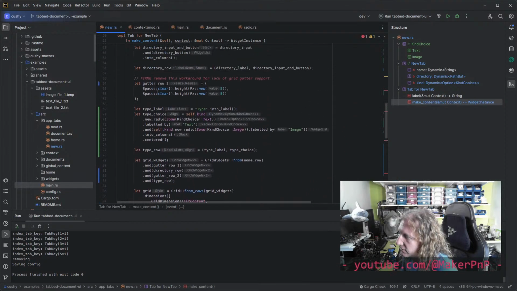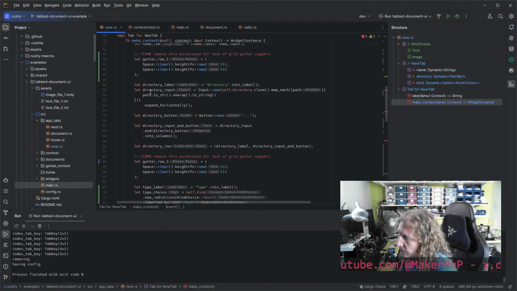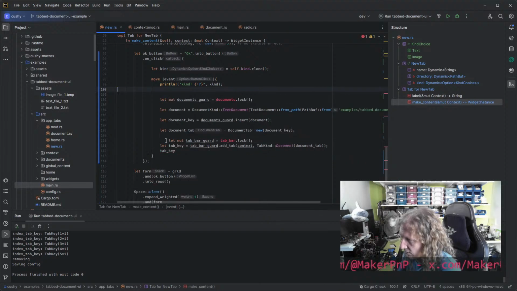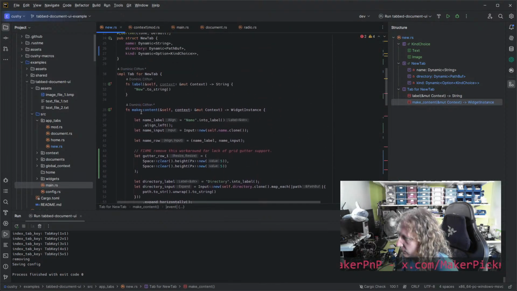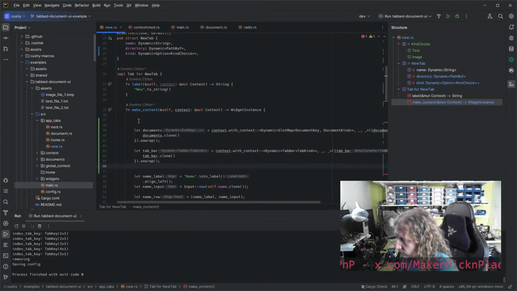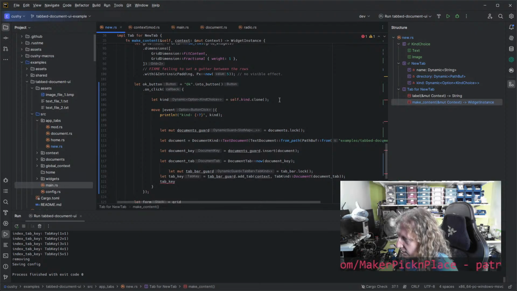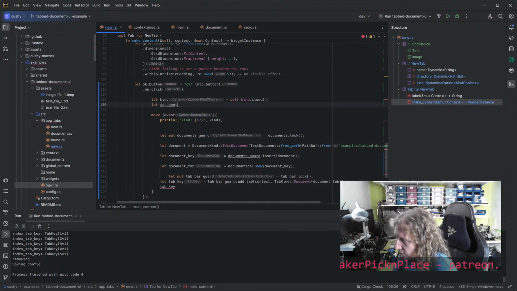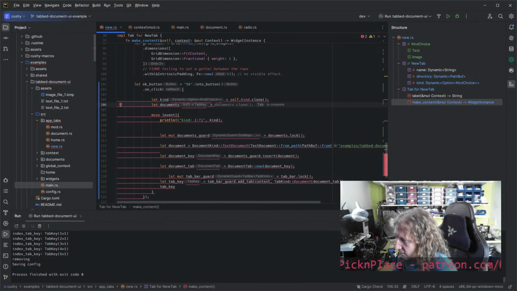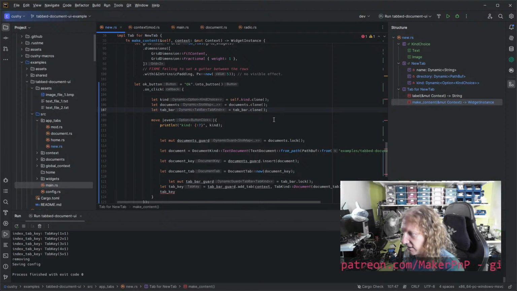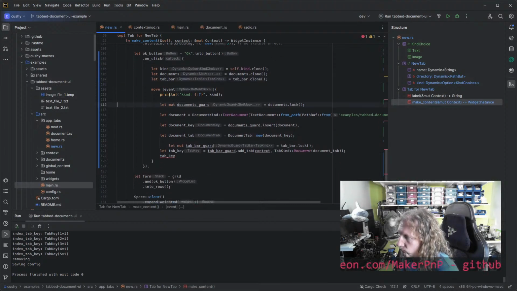Do we even need to do this? I suppose we can do this stuff outside of here for now. Right. And then let's go let documents is documents clone and let tab bar is tab bar clone. Right, and then if we've got any other handlers, they can also access the documents and things like this. It's fine. Right. So then